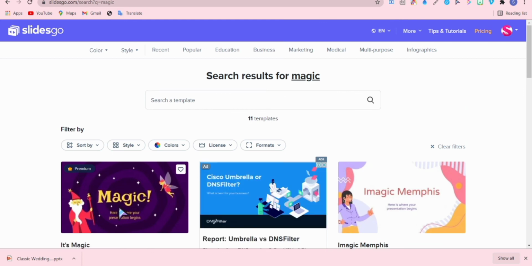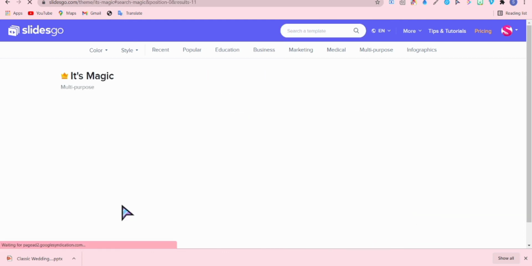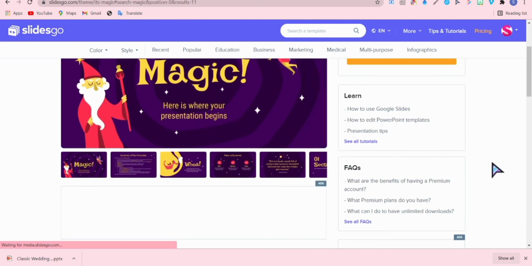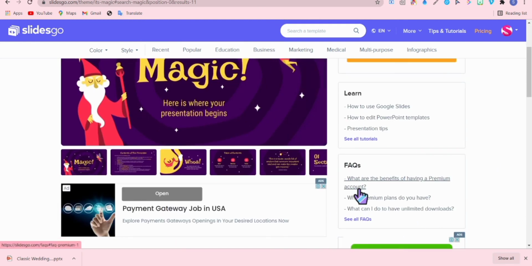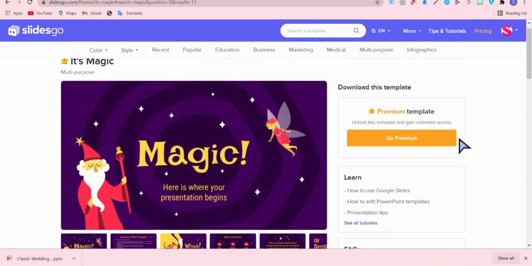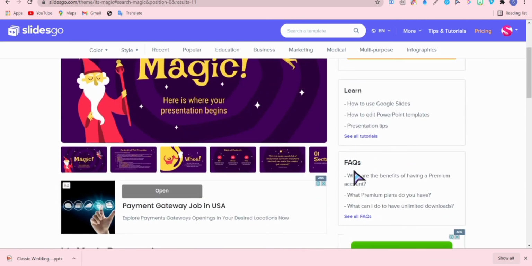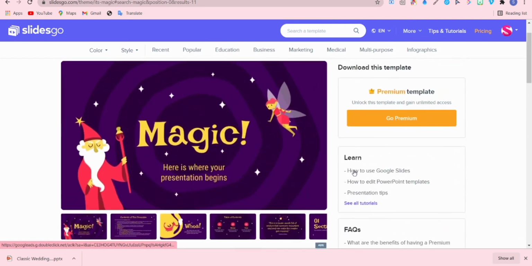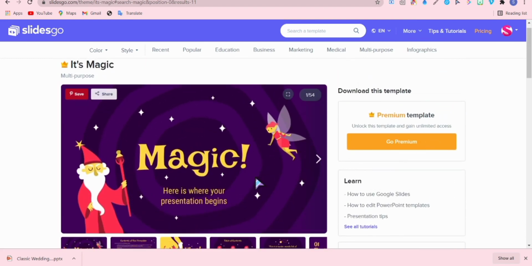So premium means to pay. So first tell me what is premium in the comment box. Then think about it, and don't pay for this template because it's premium, and then you have to pay. It's your choice. If you want this template, you have to pay. If you don't want this template, then you can select the free premium templates. There are only a few premium templates, but many are free.